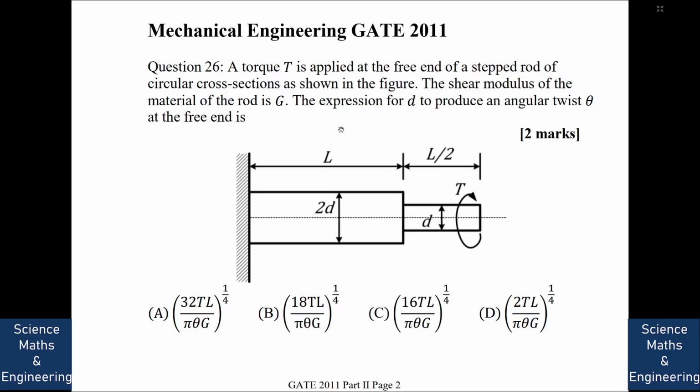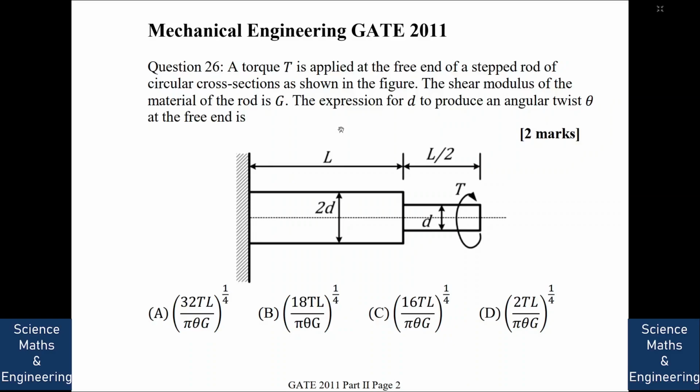These are 2-mark questions and in this part we will cover 15 questions. So question number 26. A torque T is applied at the free end of a stepped rod of circular cross sections as shown in the figure. The shear modulus of the material of the rod is G. The expression for D to produce an angular twist theta at the free end is